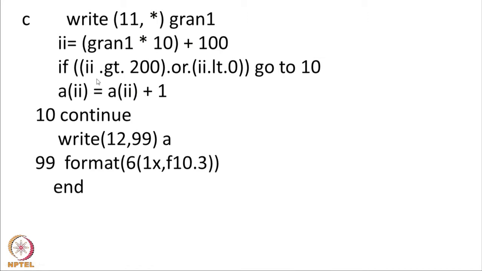So, I will execute it and show you, but it may so happen that my array had only a size of 200. So, if this II is greater than 200 or if II is less than 0, it will not be able to accommodate in this array A. So, therefore, I just want to skip that, because if by chance the II becomes 202, it will give an error because A has a size of only 201, and if II is less than 0 or 0, again there is a problem. So, it will not accept.